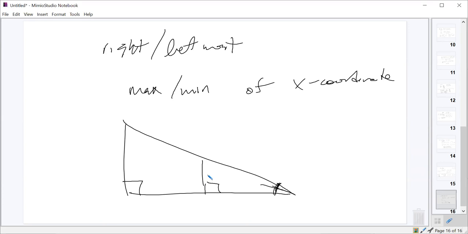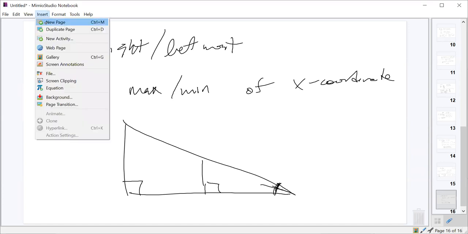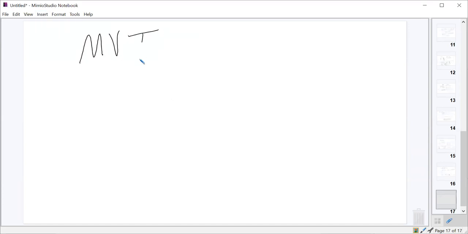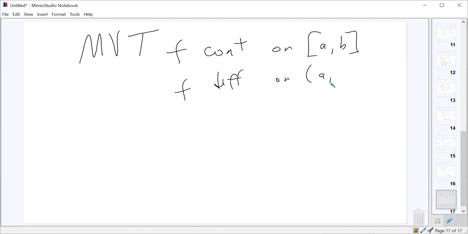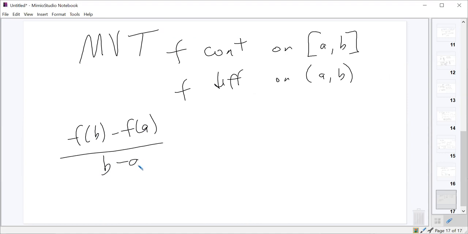The mean value theorem for derivatives. We should touch on that briefly. The hypotheses for that are that the function is continuous on the closed interval, and it is differentiable on the open interval. And all it's saying is that if that's true, then f of b minus f of a over b minus a is equal to f prime of c for some c